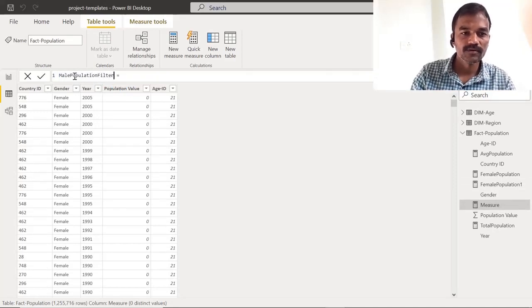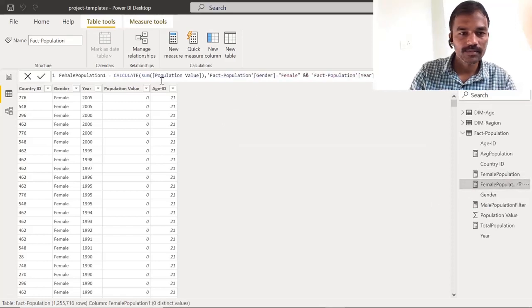Male population filter. And in this, we can just copy whatever code is available here, and go to our male population filter and paste it, and instead of female, we make it male and hit enter.